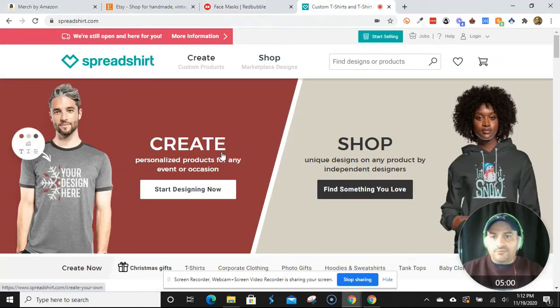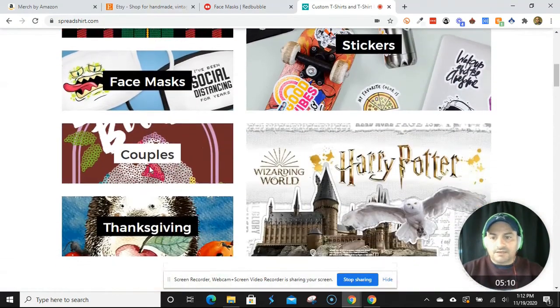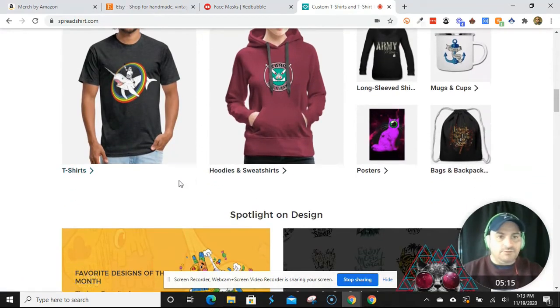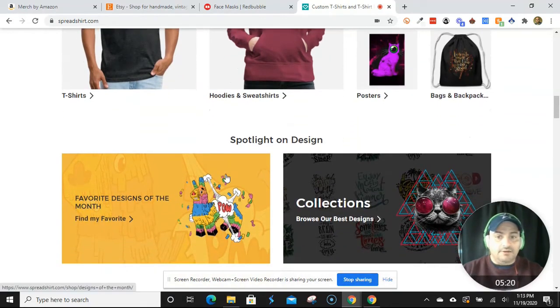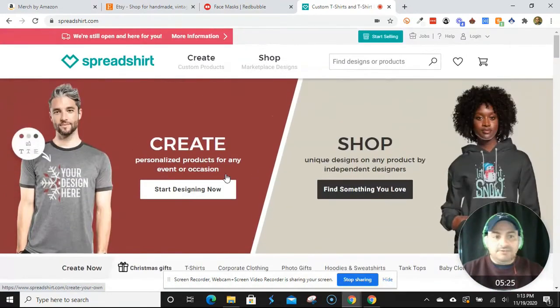Another platform we want to discuss is Spreadshirt, and we'll be going over this one in the course as well. Spreadshirt is a very good platform. It's pretty much like Redbubble, and you have all kinds of different products, as you can see. And it's very design based. You upload a design to it, and it automatically puts it on a lot of different products for you. And when the product sells, same as the other platforms, they ship it out to the customer. They take care of all the customer service, and you receive a royalty. So those are the main platforms I'm going to spend the most time on in this course.